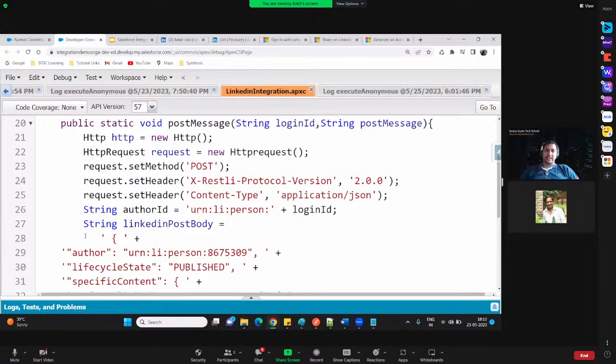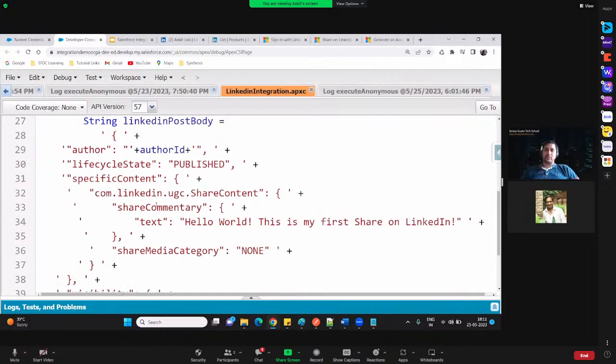Right now, let's specify that login ID here. To do that, I have to replace this with the author ID variable that I have created because I have to pass this dynamically. So I'm doing the exact same thing. I'm just taking this out from here and putting the author ID here. Right? You have to make sure that you are following the start quote and end quote correctly, right? And before you put the author ID. Similarly, you have to put the post message as well. So this is where you have your post message.